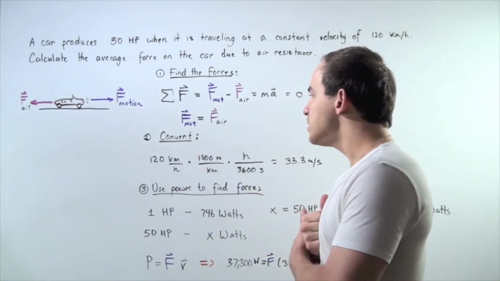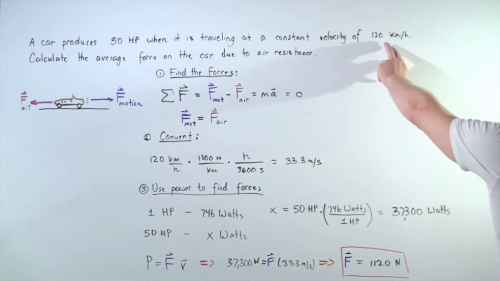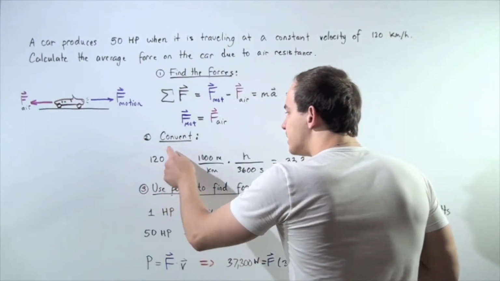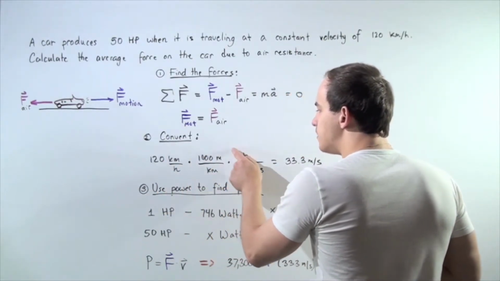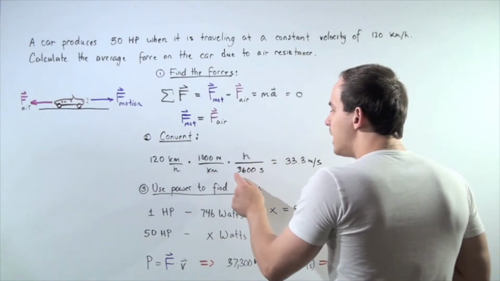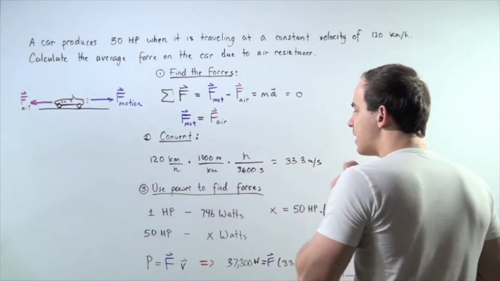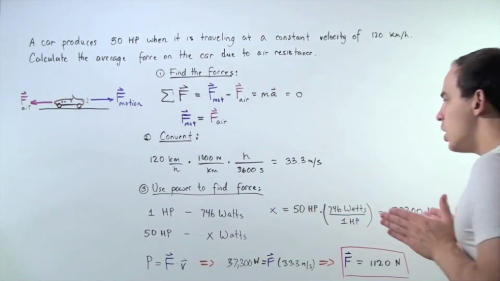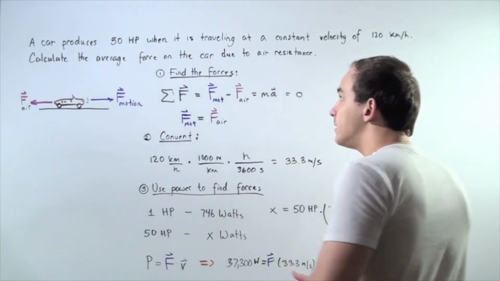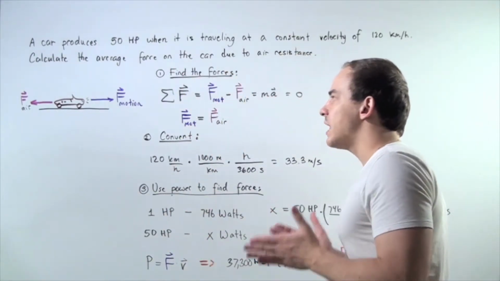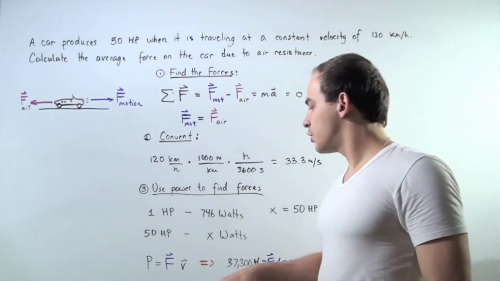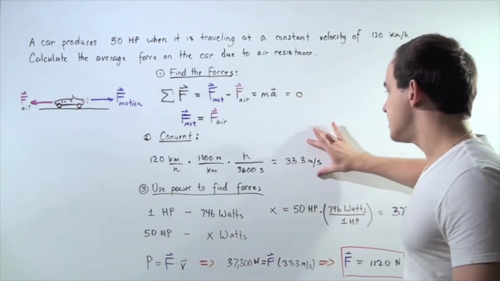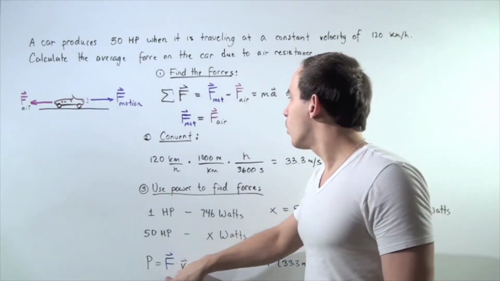motion. So, let's first convert our velocity, kilometers an hour, into meters per second. So, 120 kilometers an hour times 1,000 meters per kilometer times 1 hour in 3,600 seconds, and that gives approximately 33.3 meters per second. Now, using this velocity and the power given, we can find the average force by using the equation power equals force times velocity,